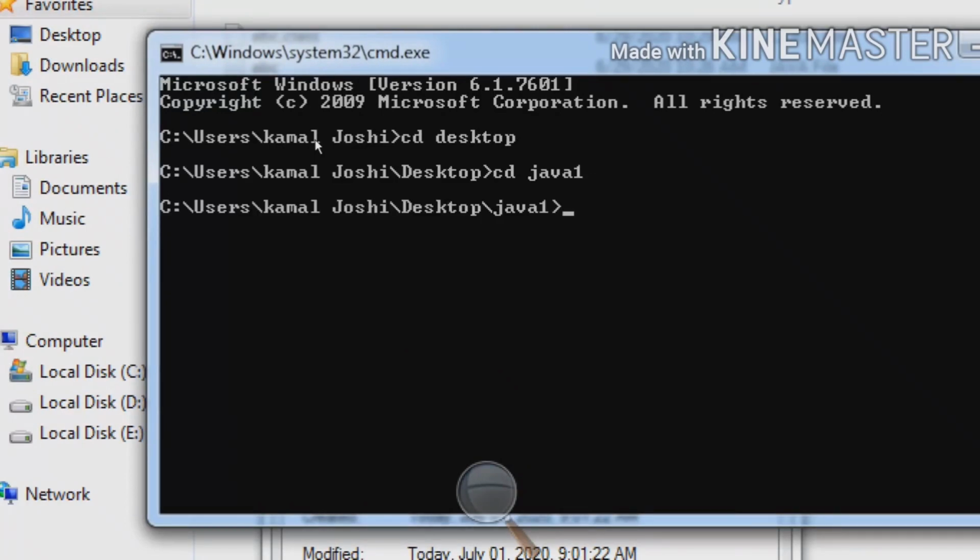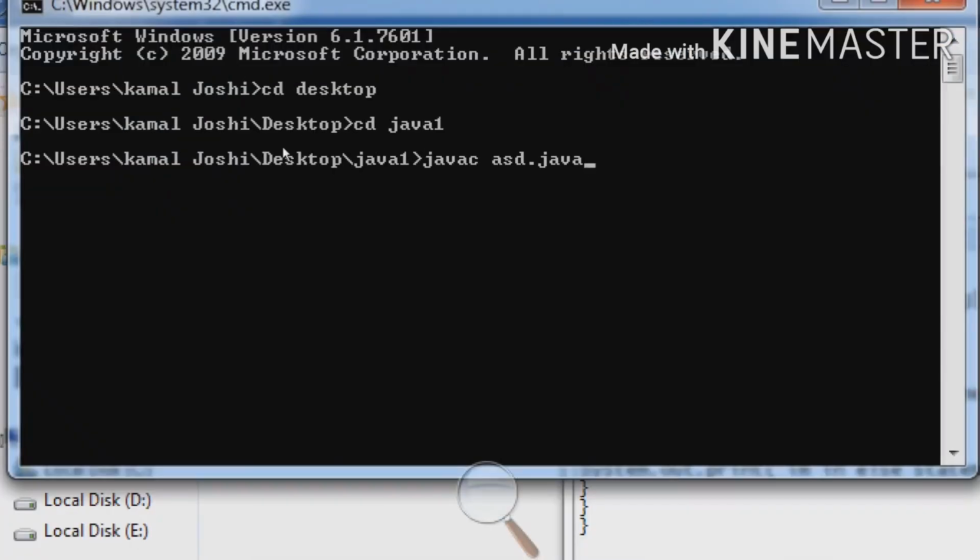Okay, now I have entered in. Now the compiling process is going on. Here your compiling process is successful. Now you will run using java space ASD.